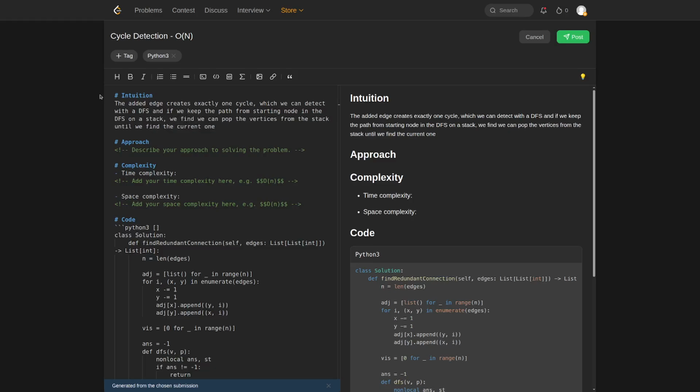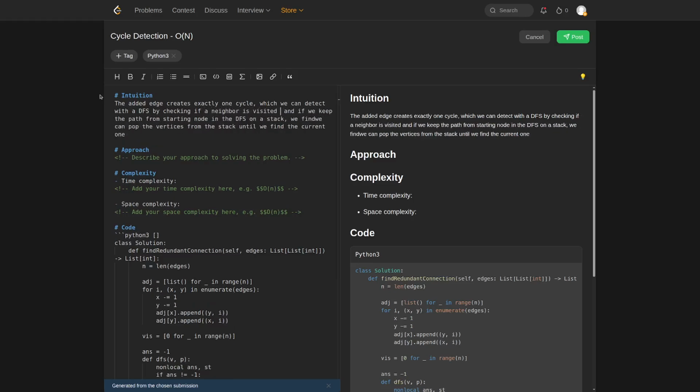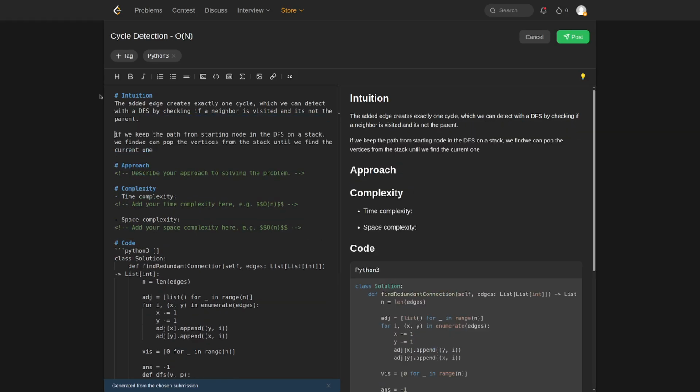We find the cycle by checking if a neighbor is visited and it's not the parent. Last edge